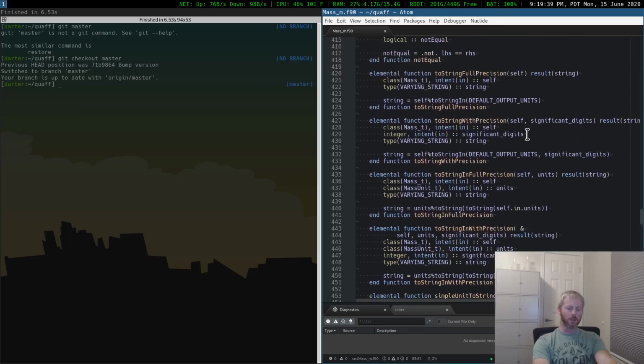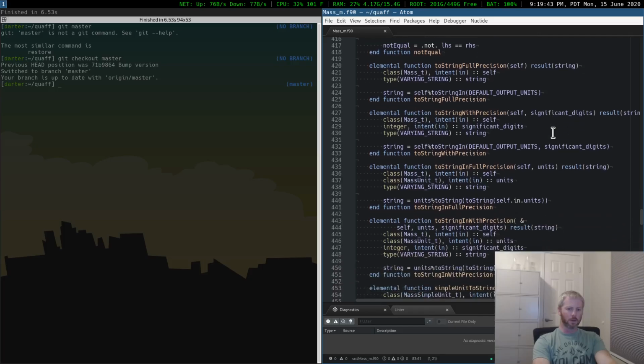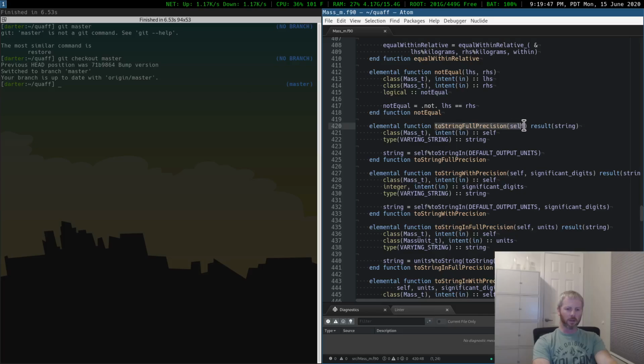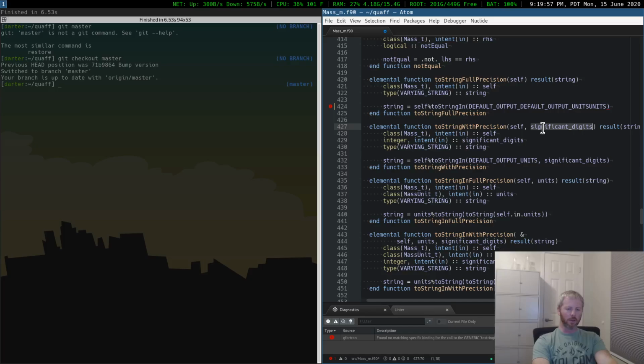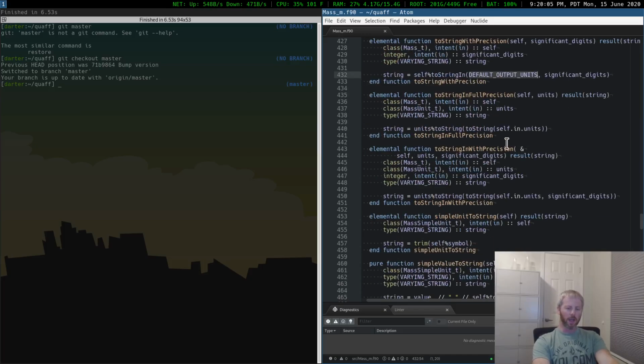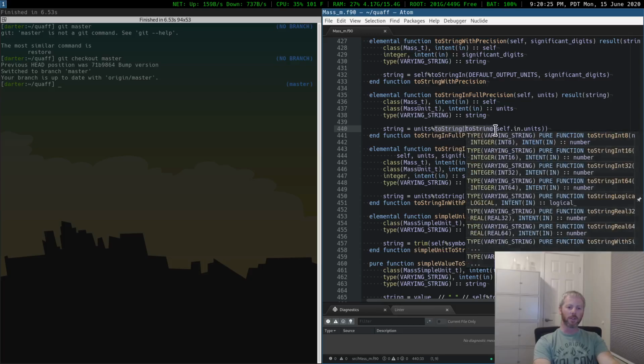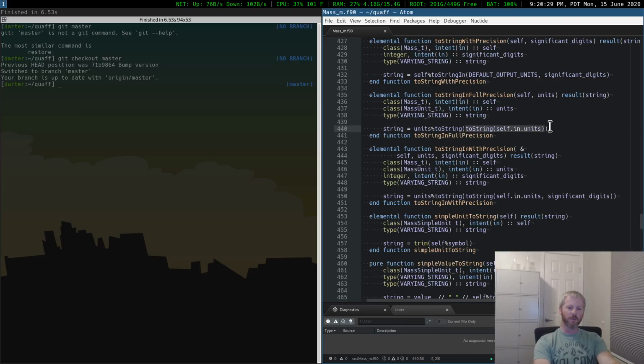So now what are we going to do when we want to create a string? As I said before, we have the default implementation, which doesn't require a unit. So it's just going to provide a default unit. And similarly, if we want to specify the precision, it just needs a default unit. But the actual implementation, when it wants to create the string, takes the unit that is specified, which is now of the abstract class, the abstract unit type. It uses that unit's toString function, and it passes the string representation of that value, so the numerical value